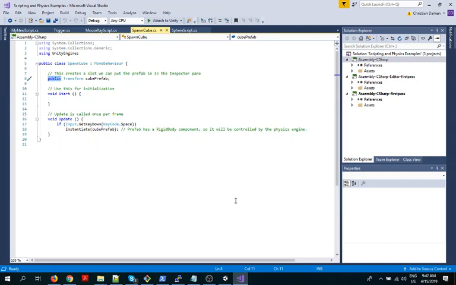That's kind of interesting. The next thing is, how do we actually make the cube pop up? Well, here it is. Real easy. You just say instantiate cube prefab. Cube prefab, remember, is the name for whatever we loaded in up there. Okay, and that's all we need to create a new object. All right, so good.